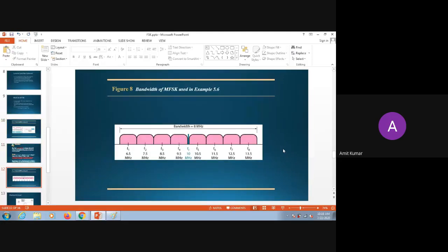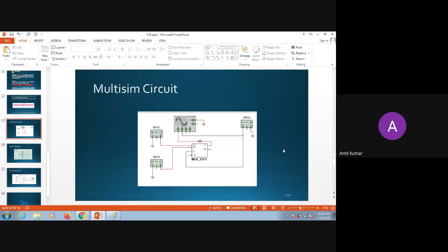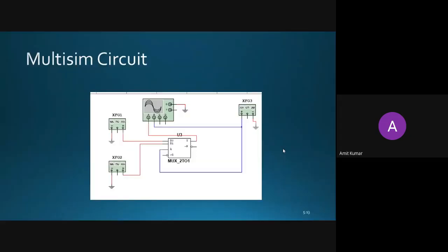Aditya? Okay. Now for the first example, for performing this experiment we have gone through multiple circuits. First we have decided that we will go for the multiplexer. You have already learned in your previous semester what the multiplexer does. The multiplexer will select one of the inputs depending on the inputs available at the selection line.